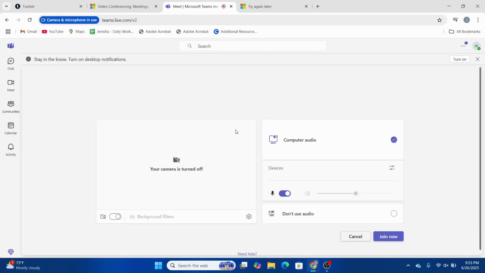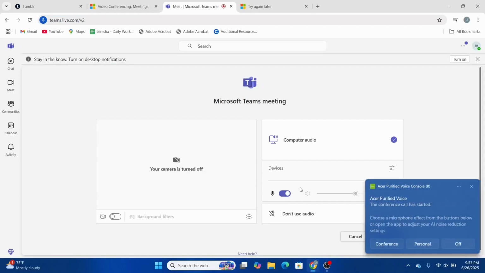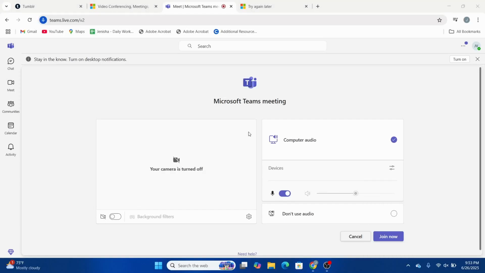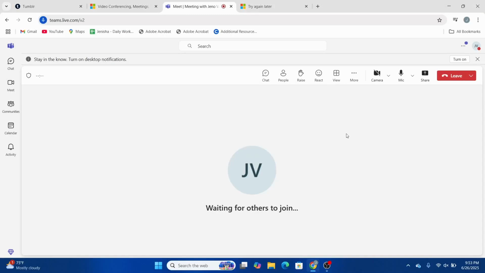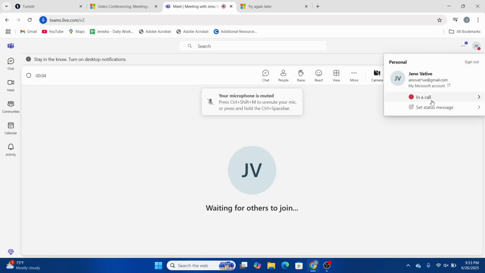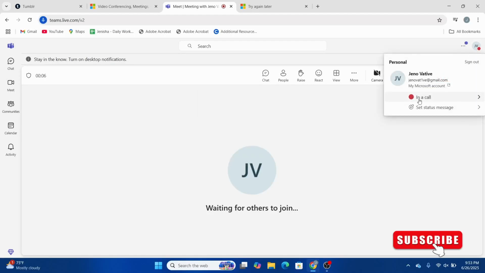And it will ask you for permissions. Let me just mute myself for now. Look for this Join now option, go ahead and join, and you will be finding your meeting here. When you do so, you will find your status being online in a call. So if you would like to keep your Microsoft Teams status active even when you're away